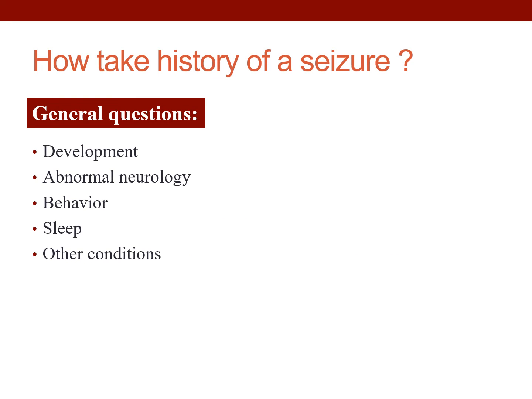You need to ask about other important things, because if the brain is generating seizures, this is the brain that is important for development. So you need to know about the development of the child, and if the child was normally developing before that or not. You need to know if there are any other abnormal neurological symptoms or signs, like for example, is this child having headache, is this child limping, for example, if this child had hydrocephalus or anything. Of course, prematurity and perinatal history will be very important. Behaviors, and of course if there are any other systemic conditions.